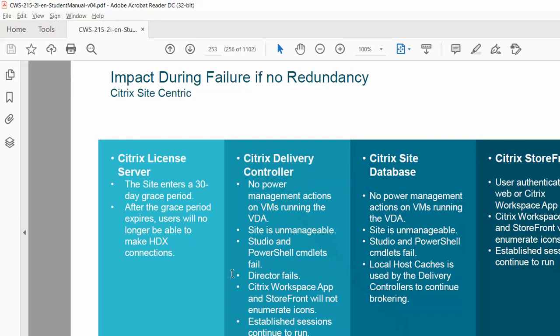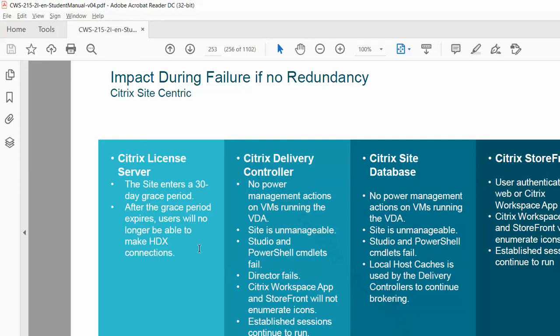Actually, the Delivery Controller is running with a site database behind it. So the site database is very important, and the monitoring database is also very important to capture the information. By default, Director depends on both the site database as well as the monitoring database. So both will be affected. Unfortunately, if the Delivery Controller is down, Director automatically cannot be managed. Understand? Okay, sir. So whether you install on the same server or on a different server, the scenario is the same. That is my point.